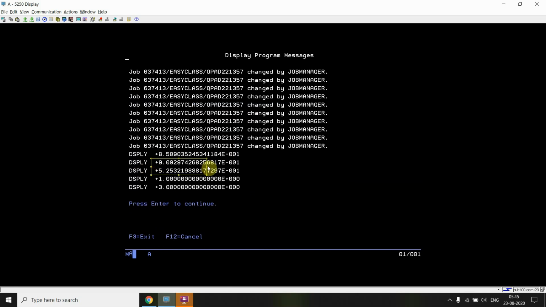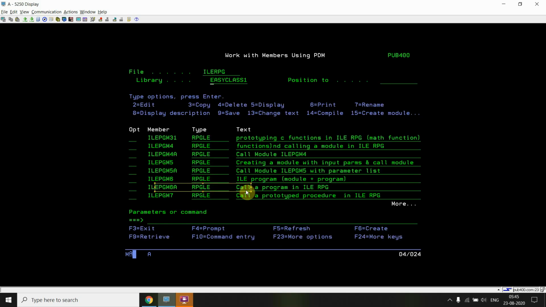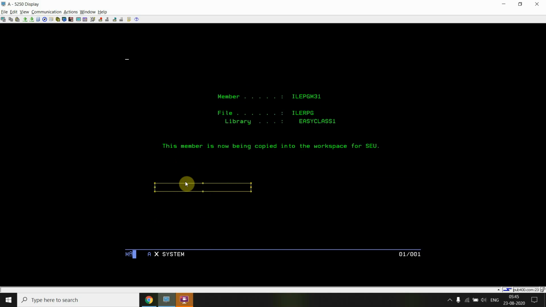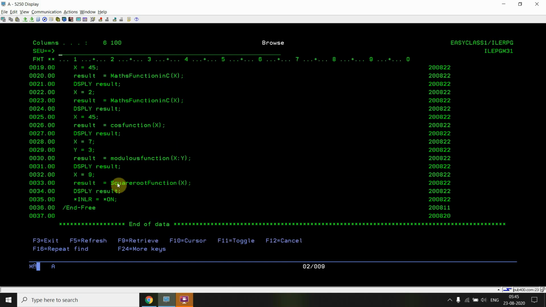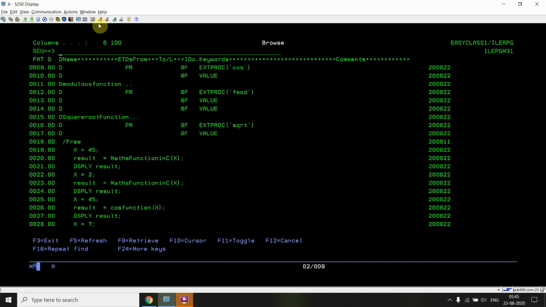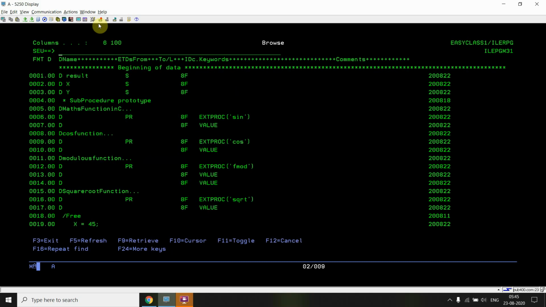This is cos 45, and this was the remainder, that is the modulus, and this was the square root. As you can see, the square root is 3 and the remainder is 1. These are the sine and cos function results which are displayed.